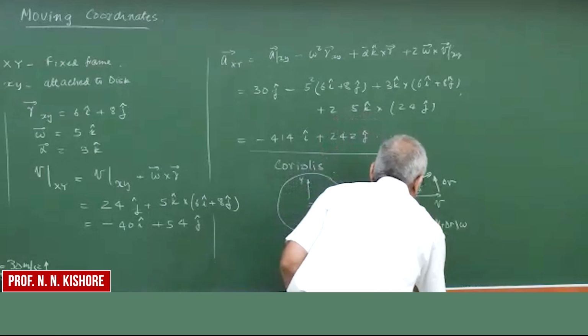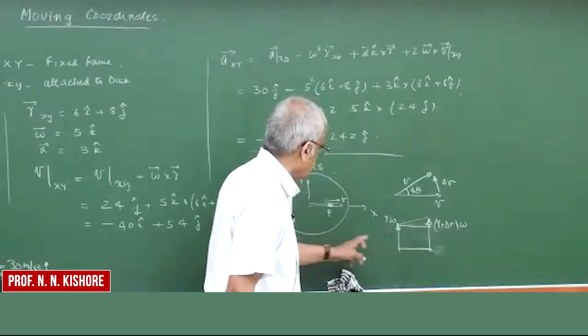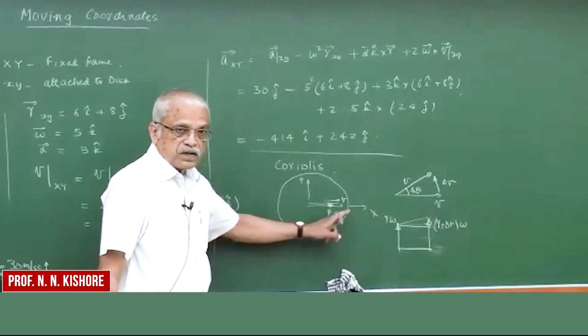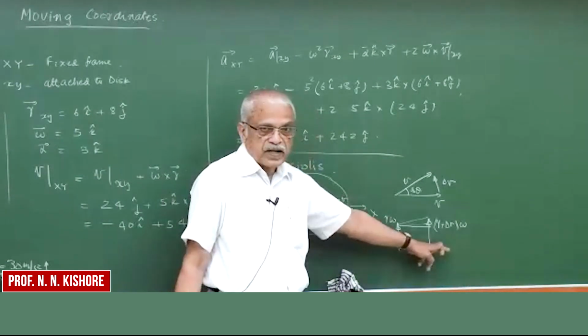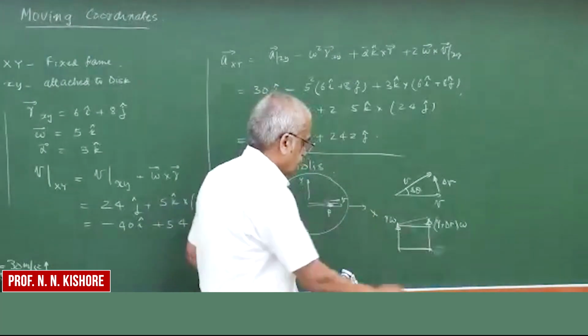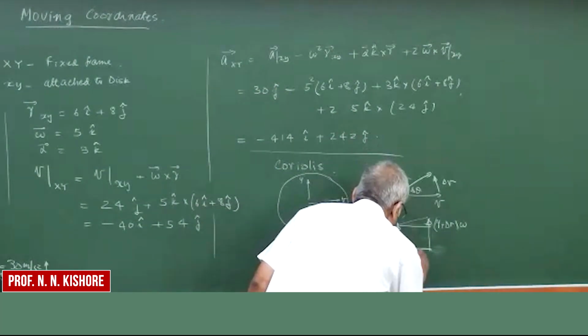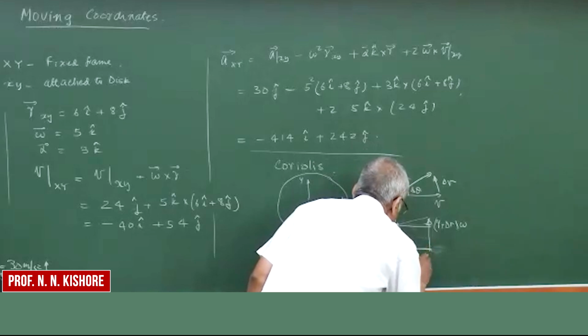So this is the one we said, the tangential velocity here, because of omega, how it is affected by the velocity V here. So you have V, and this is